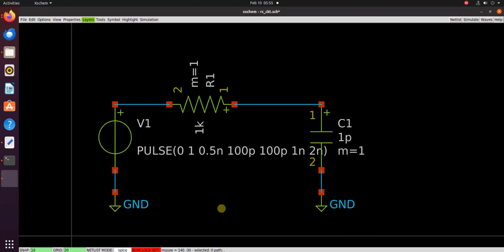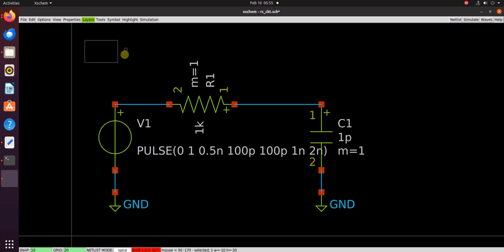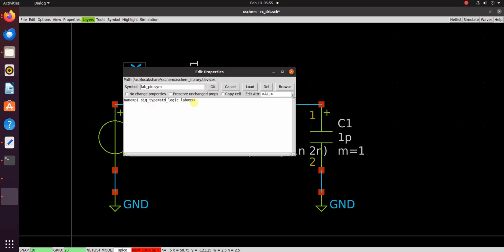Before running the simulation, a good thing to do is to define the wire names. So I will add labels for the wires from the Tools menu. I can use here Insert Wire Label, or also I can use the hotkey. I will use Alt-R to change the orientation. So I'll place a label here. I will click on the label, press Q on the keyboard to show the properties, and I will edit the label here. I will write VIN,